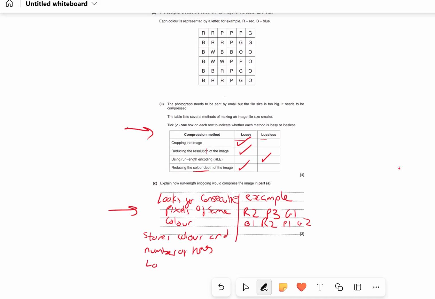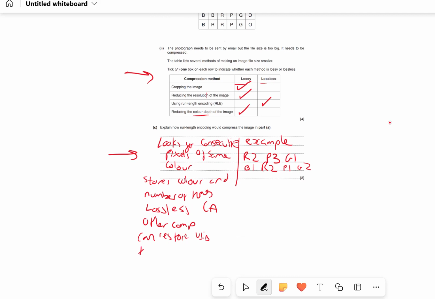It uses a lossless compression algorithm. And finally, the other computer can restore using the color and